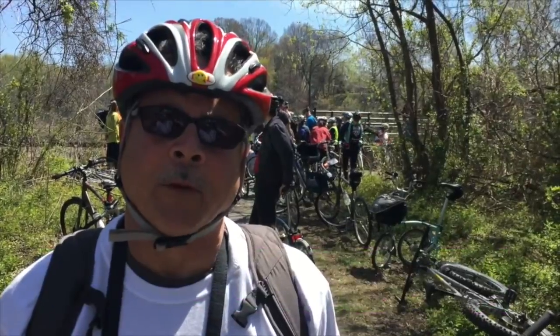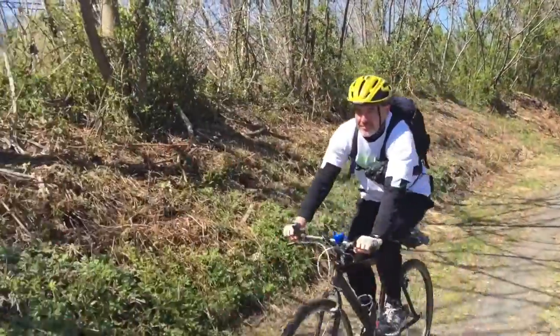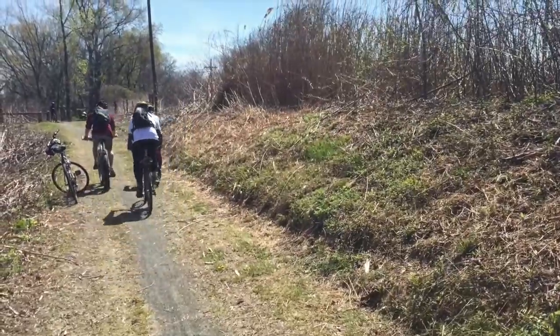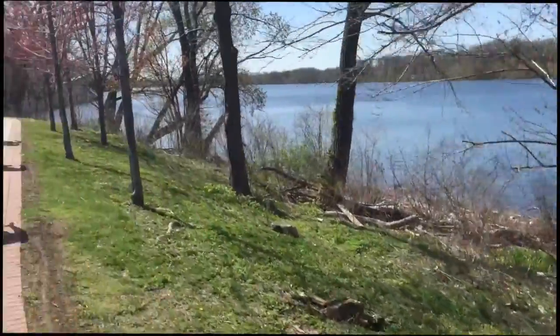I thought it was just important for us to highlight that history as we brought so many people, so many riders along the trail, so that they can get a glimpse of not only the natural resources, but also the state's wonderful history. The Delaware and Raritan Canal State Park, portions of which run parallel to the Delaware River, brought